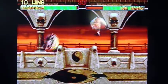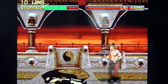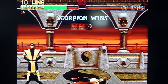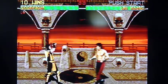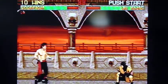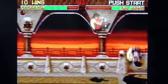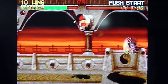Now, like I said, folks, you can't really do that jump kick thing with Liu Kang. I mean, you can if you get close enough, but Liu Kang's got his offensive attacks, like as you saw. If you try to keep jumping at him, he'll either throw a fireball or do his fly kick at you. So Liu Kang's a little bit harder to do that easy tactic to, just so everybody realizes. Once in a while you can hit it, but